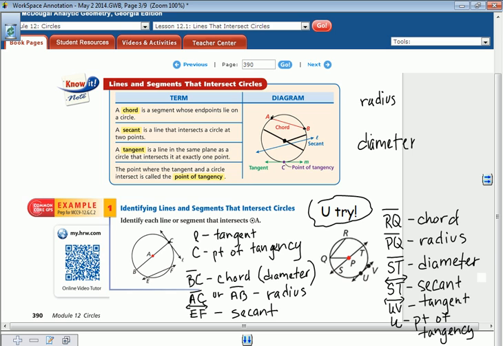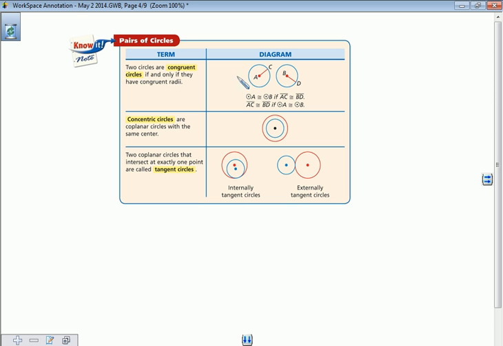Okay, now that we're familiar with what to call all these different segments and lines within and outside a circle, let's see what we can do with them. Okay, pairs of circles. So here we have pairs of circles. Two circles are congruent if and only if they have congruent radii. So if we know that this radius is congruent to this radius, we know that circle A must be congruent